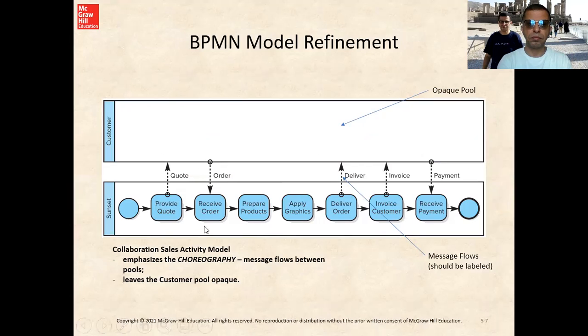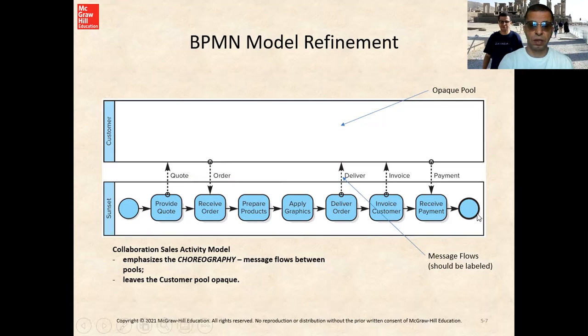So we definitely know that we had some kind of communication with the customers, but we look at our own activities, which is providing a quote here. And then we receive an order from the customer, we prepare a product, apply a graphic, we deliver, message follow-up should be labeled there, it's being delivered, an invoice,